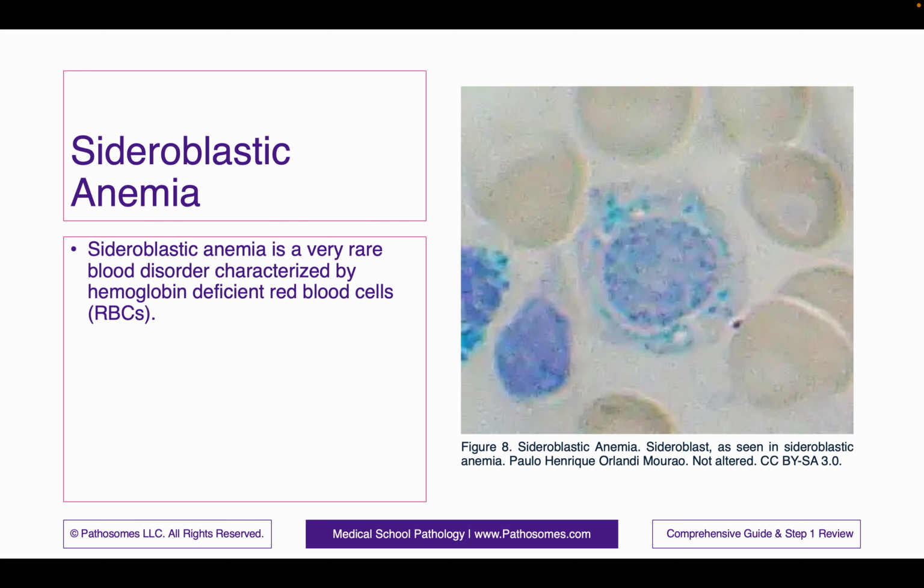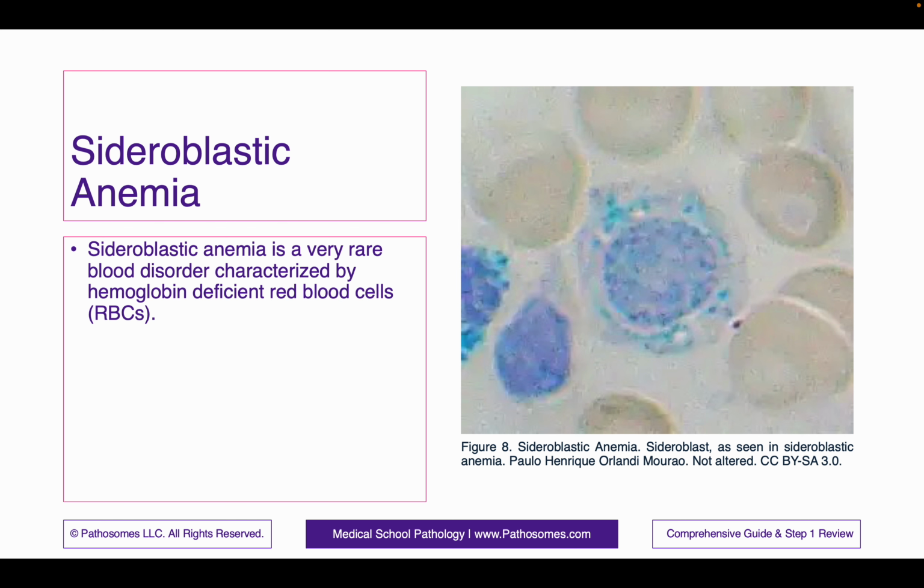But note that there is this blue crystalline granular rim around the erythrocyte. That's iron circulating the entire nucleus of the erythrocyte. That's sideroblastic anemia. Technically, if there are 5 granules occupying at least 1/3 the circumference of the erythrocyte, that's technically